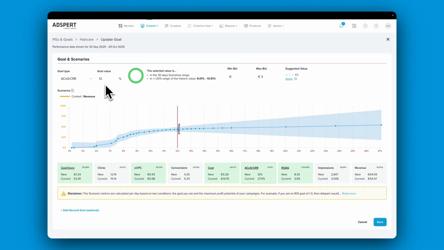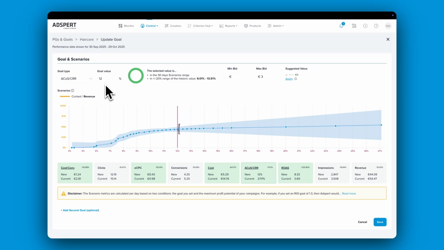And here's how it works. You will tell Adspert what goal the AI should achieve for you. In my example, that's an ACOS of 12%. Then the AI automatically starts to optimize your bids. It adjusts bids several times a day and applies different bid modifiers, such as top of search. In this case, Adspert will set the bids in a way so it will reach the 12% ACOS goal while